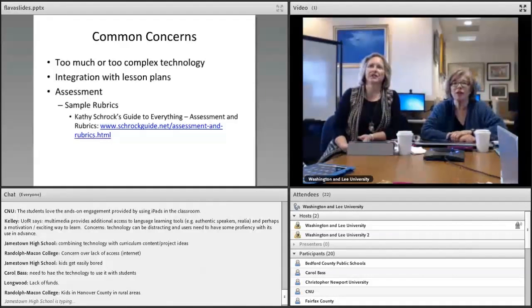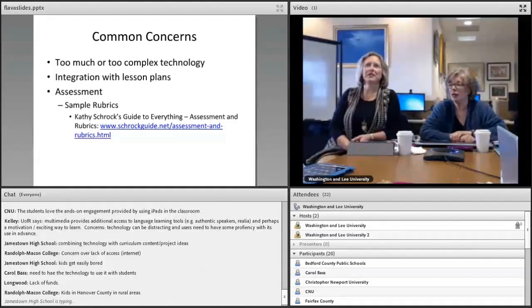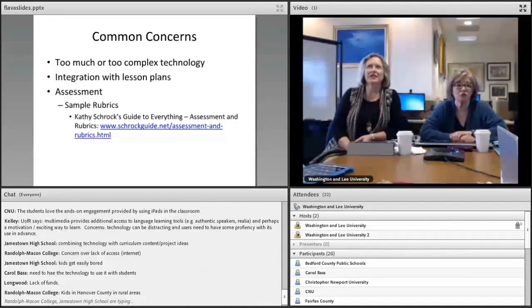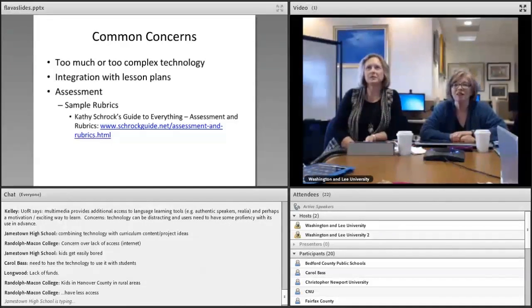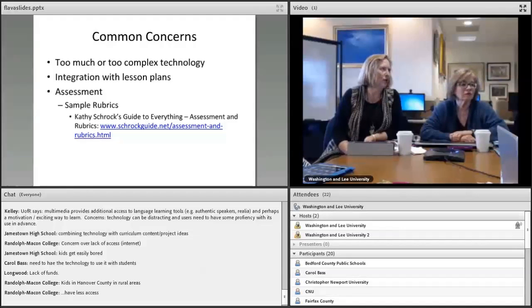as we were doing this, too much or too complex technology, which a lot of people have addressed. One of the things we're going to talk about is how to find simple applications that will accomplish what you need, so you don't have to spend a lot of time with tech support. Like you said, they're used to PowerPoint. They know PowerPoint. They're not comfortable trying out anything other than PowerPoint.